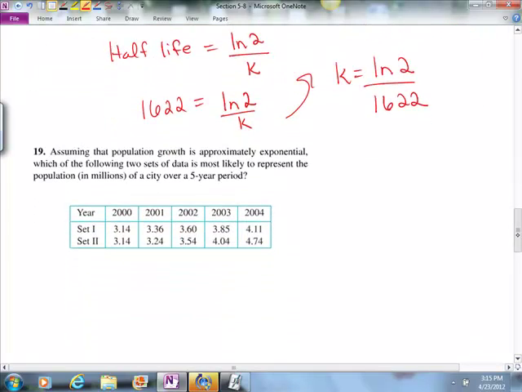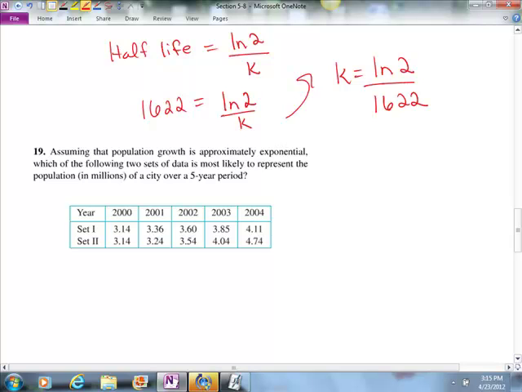Now, let's look at number 19. It says, assuming that population growth is approximately exponential, which of the following two sets of data most likely represent the population in millions of a city over a period of 5 years? Now, if you're going to have exponential growth, you may remember this from